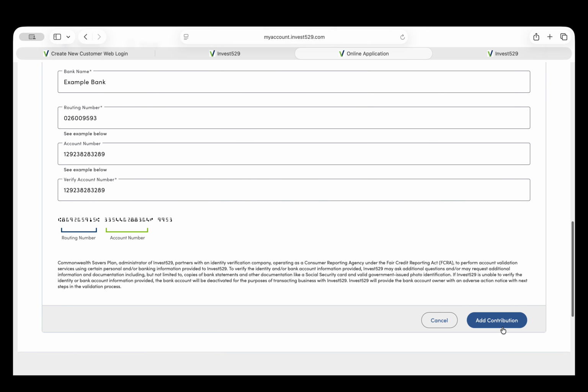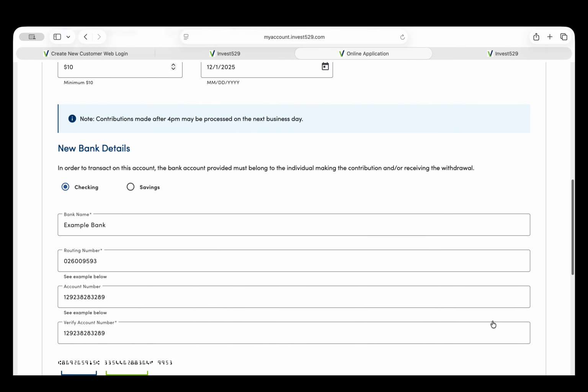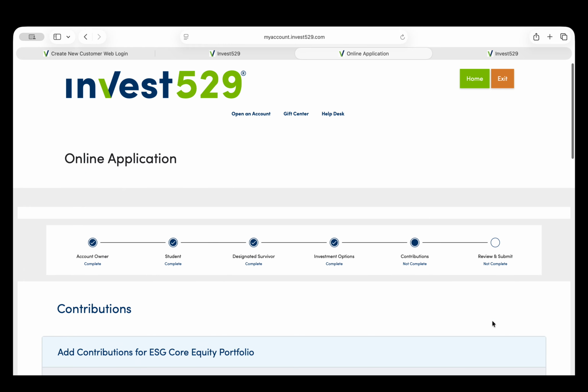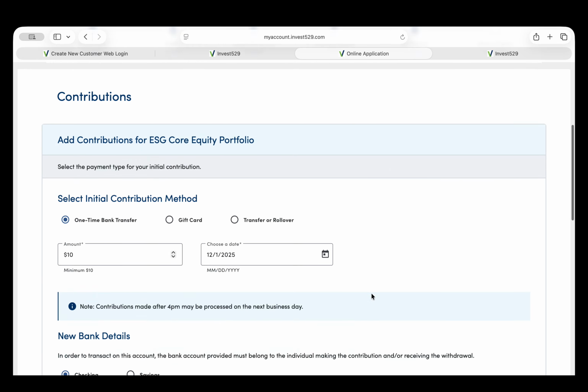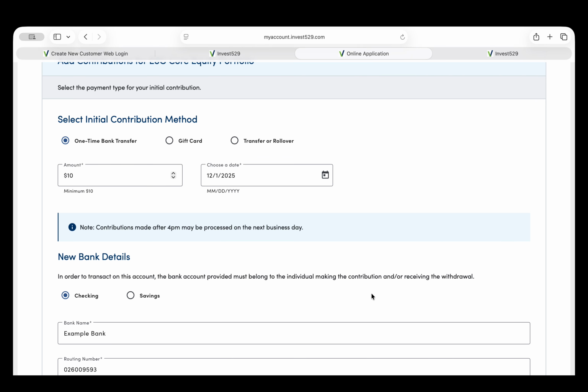And then from there, you just say add contribution and then review and submit, and that's really all there is to it. They'll take the money out of your account within the next few days, and then you're on your way. And I'll try to include some resources about tax benefits,